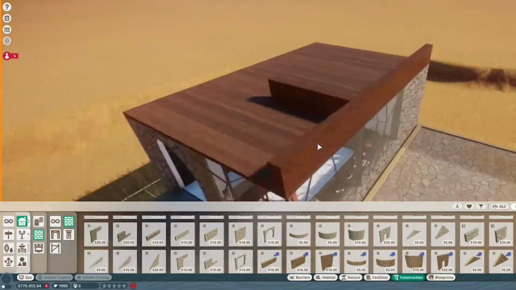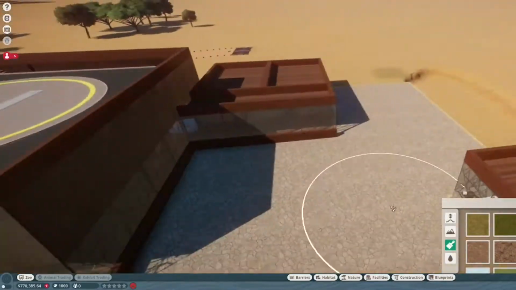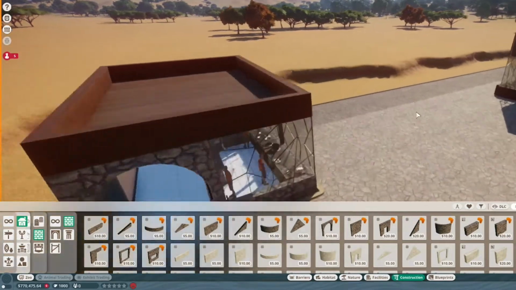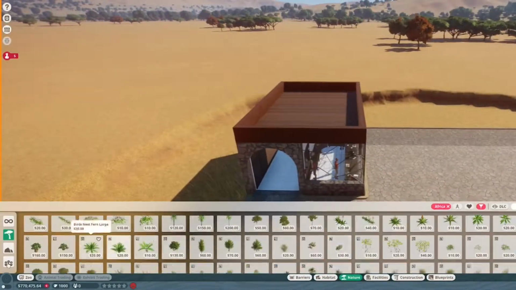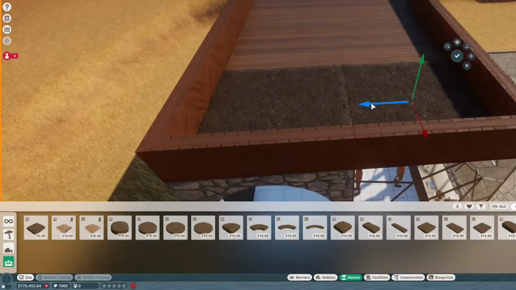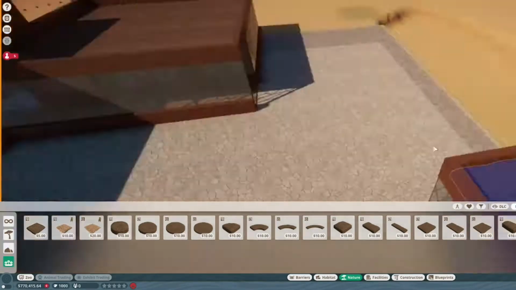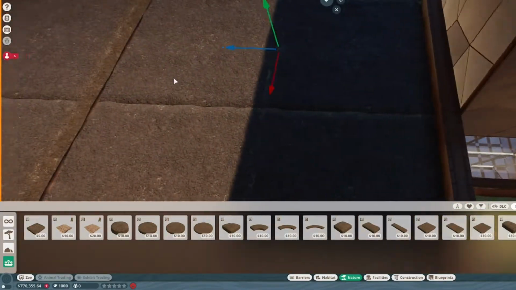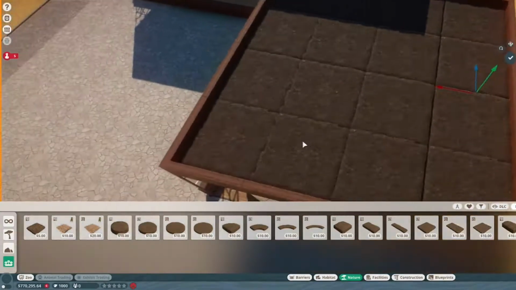So here you can see the restaurant is kept both with the rocks, but also with the wood from the main building. And I'm really happy with how it looks, but then we're gonna add the roof. And again, this roof has kind of a double